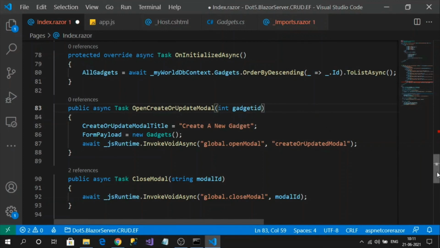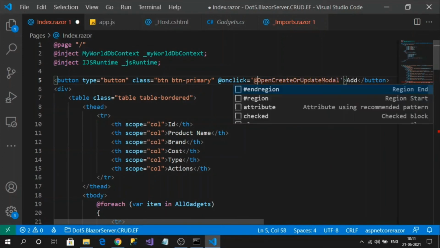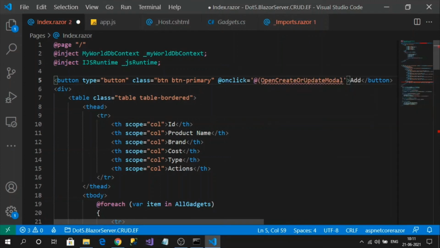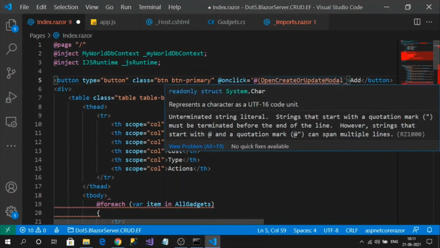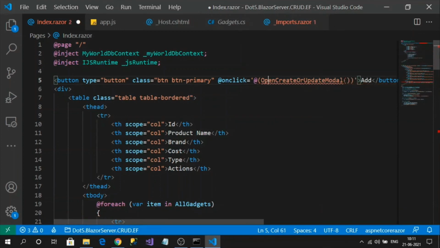So now it has an input property, right? Now the invocation must be changed in here. We know when a method has input parameters, we call it like this.